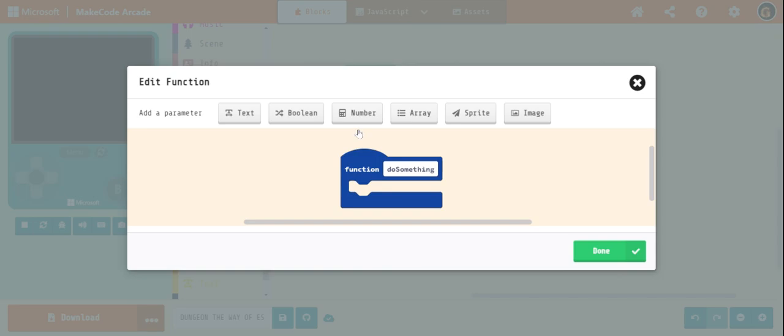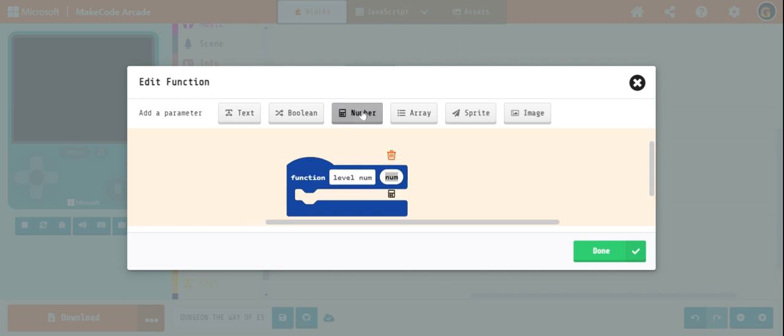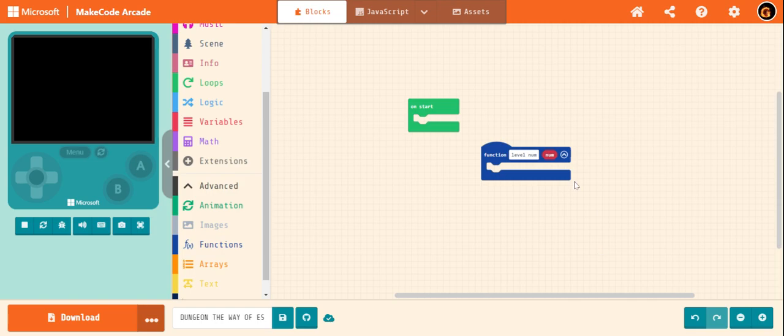We edit it into level num, then you have to add a number. Where is it? Number num. Yes, it's correct. So here we do this.